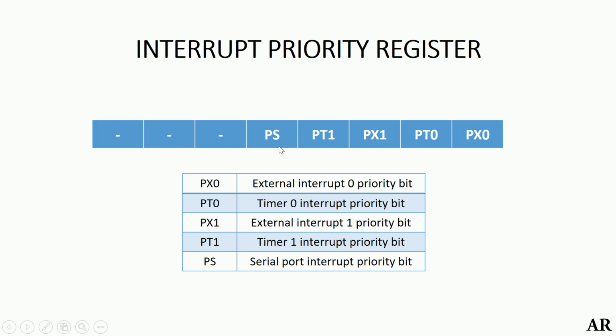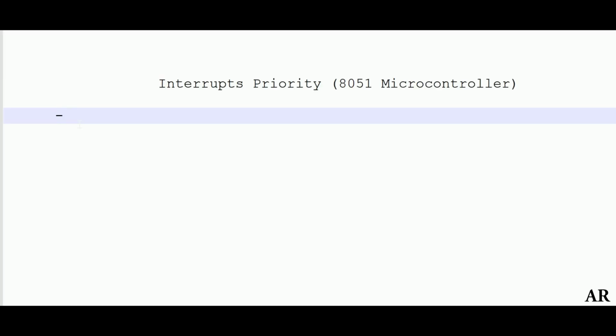Now, as you can see, there are 5 bits. There can be 1 or 2 bits in this register which can be set to 1. In such a scenario, when both the interrupts are received simultaneously, suppose your PT1 and PX1 both are set to 1, what happens? Both PT1 and PX1 will be set to the highest priority. But how will the microcontroller distinguish between the two? When both the bits are set to highest priority, then the default priority sequence is followed to resolve the correct order. So let me write it down for you so that things will be much clearer. So I discussed the interrupt priority register on powering up, which is also called power on reset.